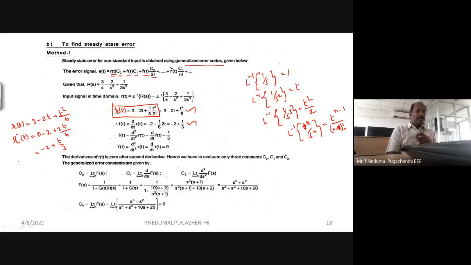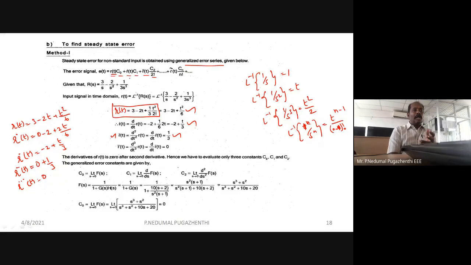Again, if you differentiate this r dot of t, you will get r double dot. What will you get? The constant value becomes 0, and differentiating t by 3 with respect to t gives 1 by 3. So finally you get r double dot = 1/3. If you go further, you only have a constant value, so the entire thing becomes 0. So we can stop at r double dot. That's how my formula has to be stopped.